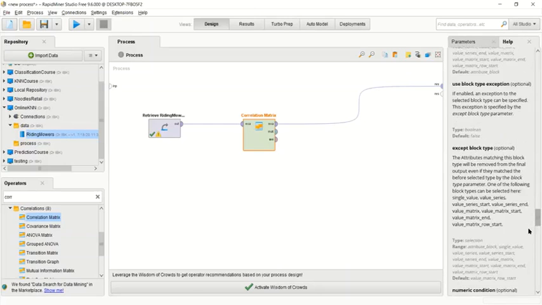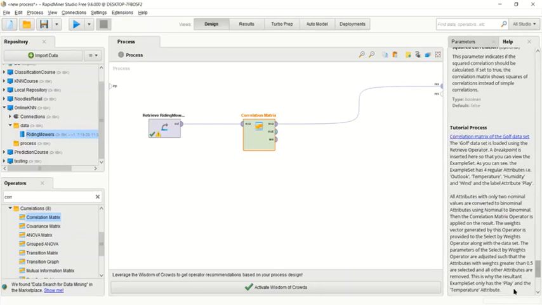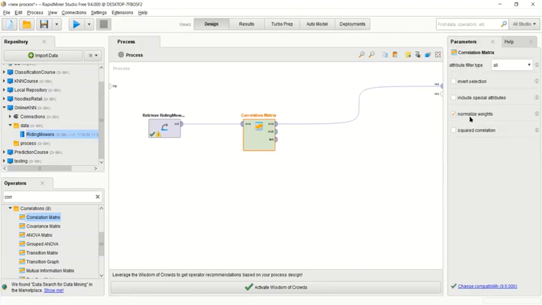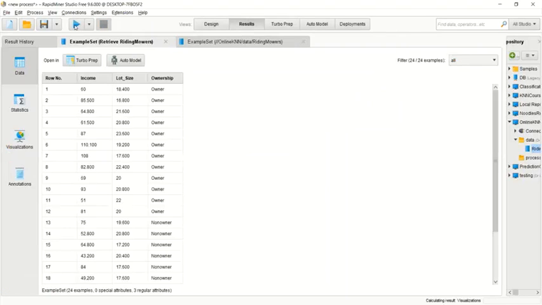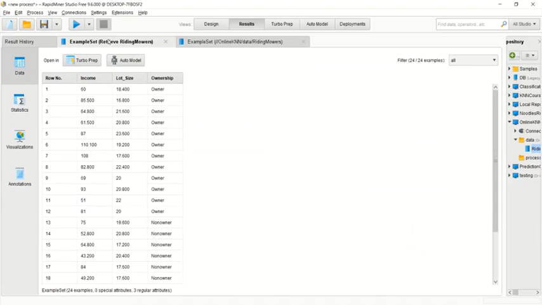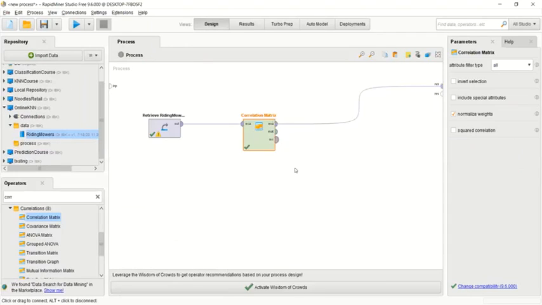Z-score. So if you take time to read it, you find the correlation, you find the normalization function that is using. So now this is the correlation matrix operator. If I run this, okay, it's done running, so I can see the output. Okay, so we are looking for the results. That's the output. Notice that I was not able to get the output because I did not put a